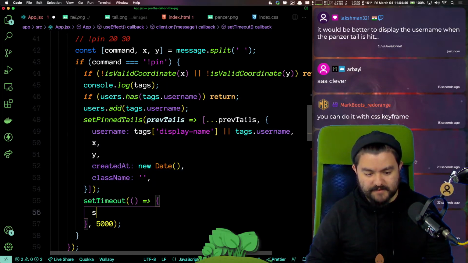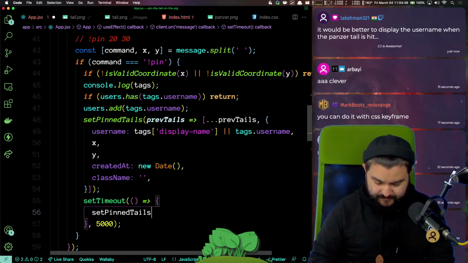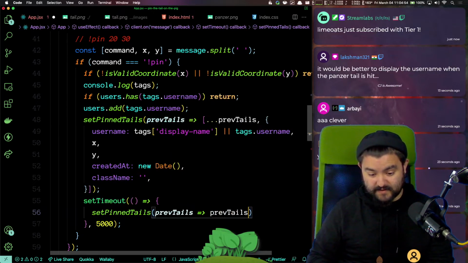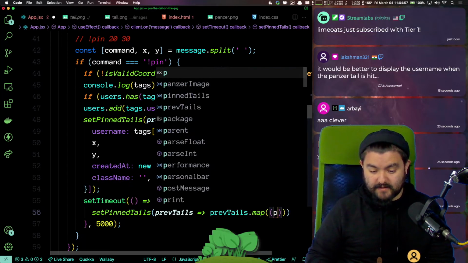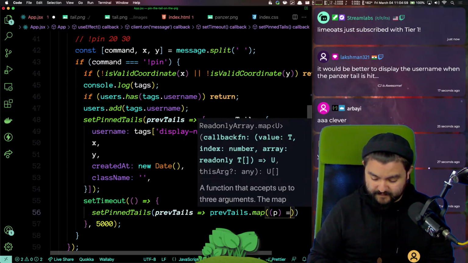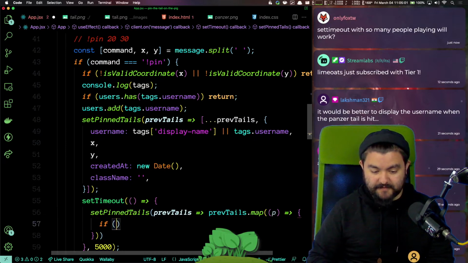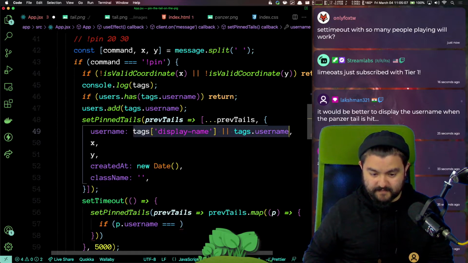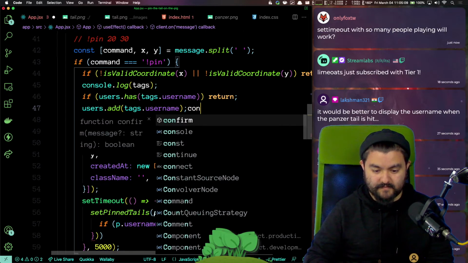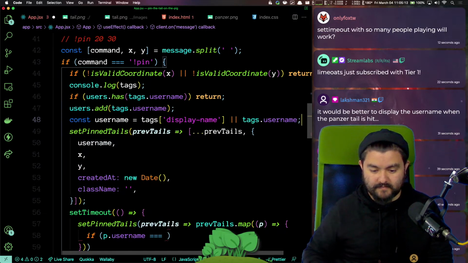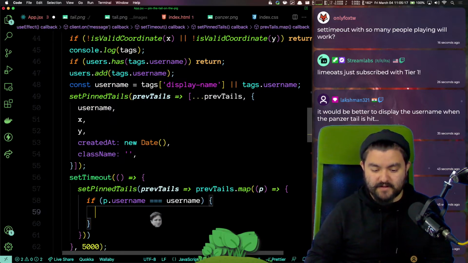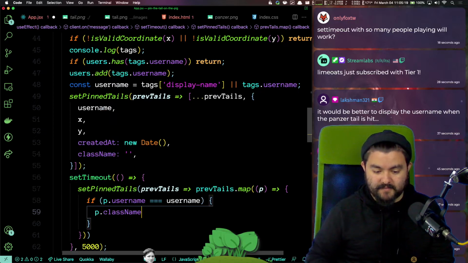So what we're going to do is we're going to say set pinned tails. We get the previous one, but we want to map it. But if p.username is equal to this username, like this, we're going to say p.classname equals hidden.